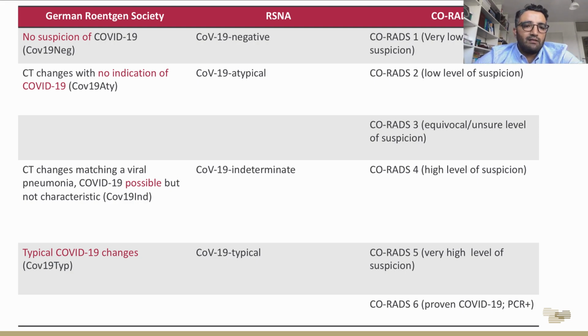The German scoring system and the American scoring system are almost identical. The only thing to think about is whether to take a 5 points system or a 4 points system. The 0.6 here is a proven PCR, so it can actually be left out. You don't even need a CT for this one. It could be interesting if you're developing AI tools. I talked before about